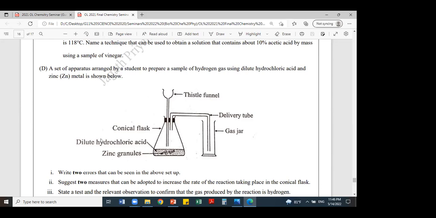Fractional distillation, actually, they asked last year. Steam distillation and simple distillation experimental setup. Then chromatography is very important this time. And grade 11 electrochemistry, hydrocarbons, and